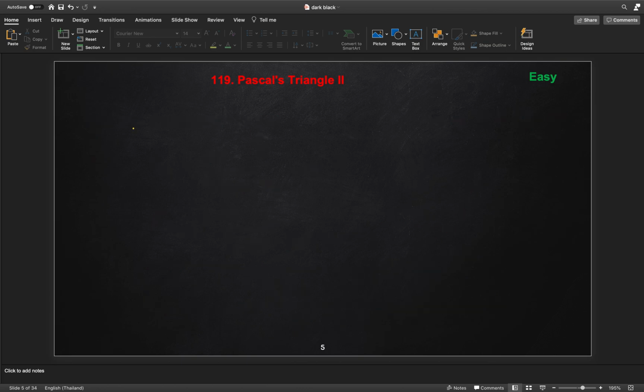So using this formula, let's say we need to find nC0. We initialize nC0 with 1. Now we need to calculate nC1. So nC1 is nC0 into (n minus r plus 1), which is n minus 1 plus 1, divided by 1.